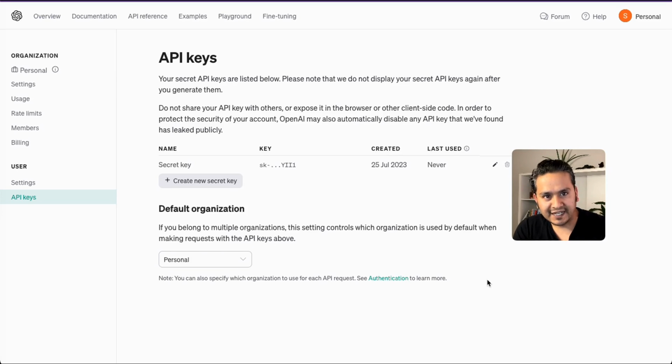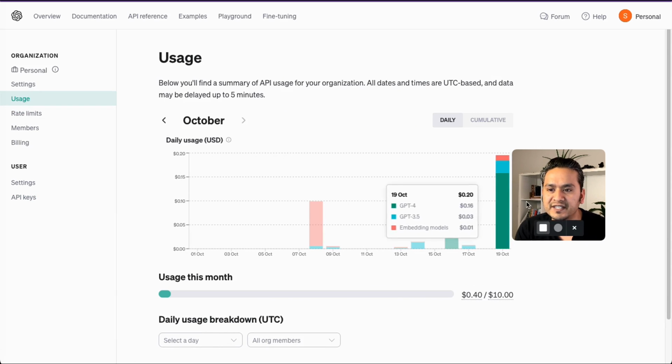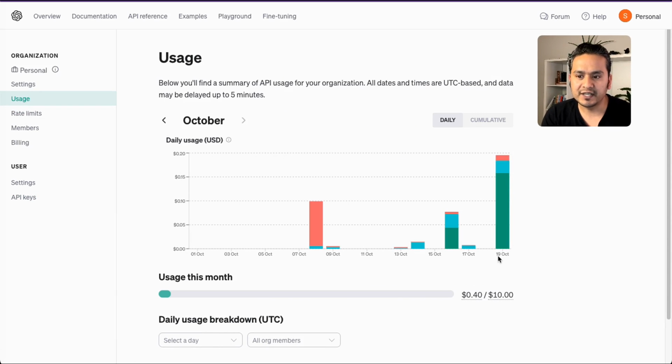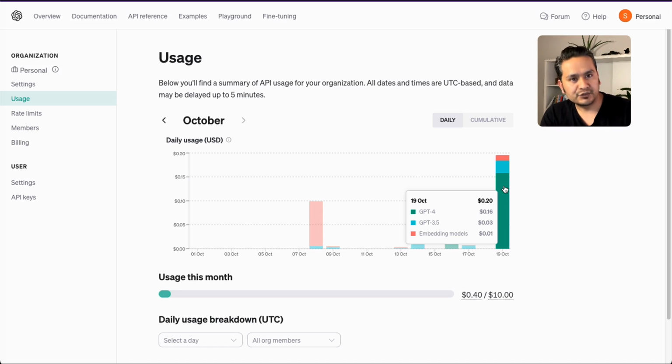And one more thing that I want to show you: how much it cost me to go through the different experiments that I did for this particular video, because that is something that many people do not explain, and many people think that it might cost too much to use OpenAI models. So if you go to this usage section here, as you can see, I haven't used that many things, but today is 19 October, when I record this video. If I go on top of this, it is using around 20 cents. For the embedding model, it is using 0.01, meaning that to get the data from Wikipedia and then send it into Pinecone,